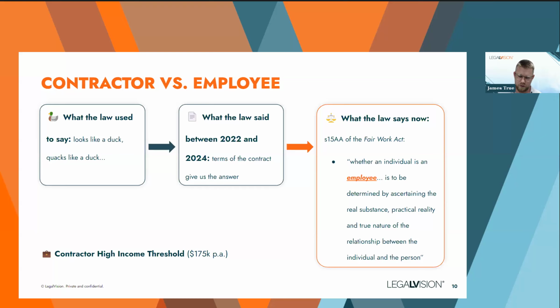So when we look at what the law used to say, and this is really for the 20 plus years prior to now, we had a concept basically that if we were going to make an assessment of whether someone was a contractor or an employee, we would look at the actual nature of the relationship. We wouldn't really be too concerned with the contract, and the contract would say this person was an independent contractor. The law would look through that. And some of the seminal decisions there actually use the language that, if it looks like a duck, it quacks like a duck, well, it's a duck. And that was the approach from the courts.